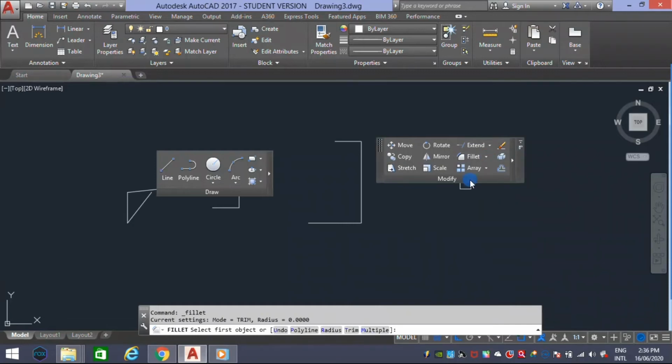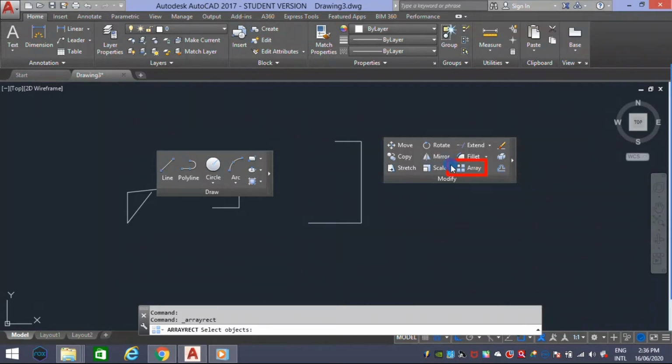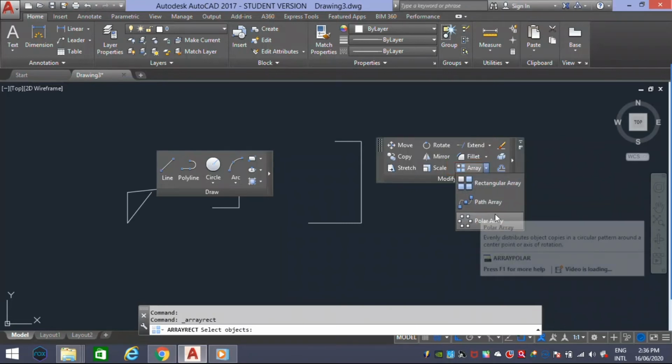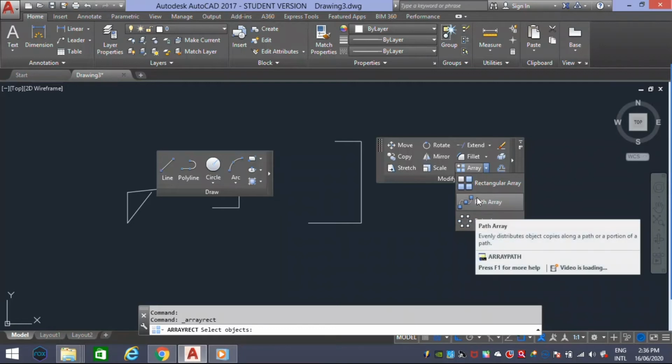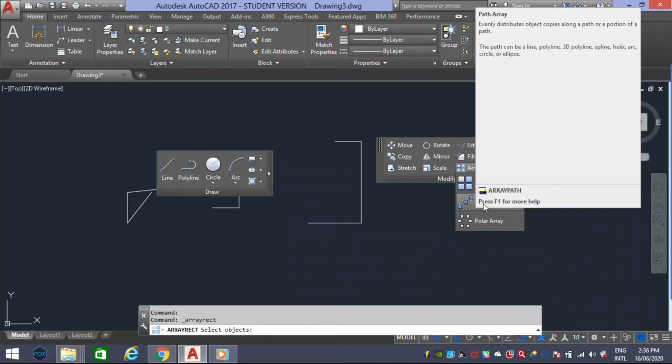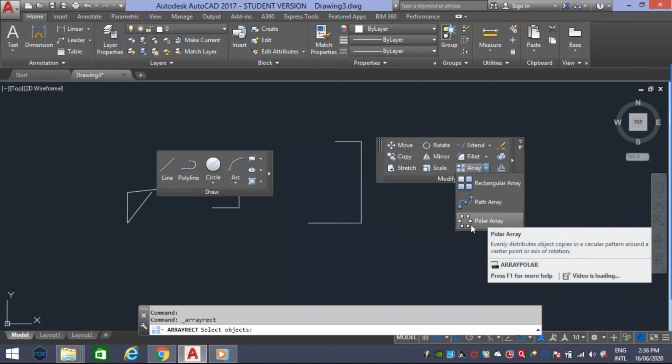AR is the shortcut, which distributes object copies into a combination of rows, columns and levels. In this sub option, path array evenly distributes object copies along a path or a portion of a path. And next is polar array, distributing copies in a circular pattern with the help of a center point.